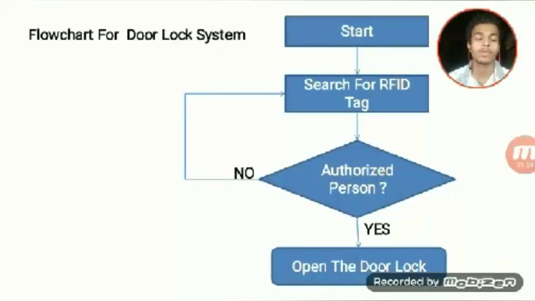So this is the actual flow chart of our door lock system. The whole system only works whenever the internet is provided. So we have used the NodeMCU, which provides wireless Wi-Fi connectivity, so we can easily connect the system to the internet. For the door lock system, we have implemented the whole system on an RFID based system.